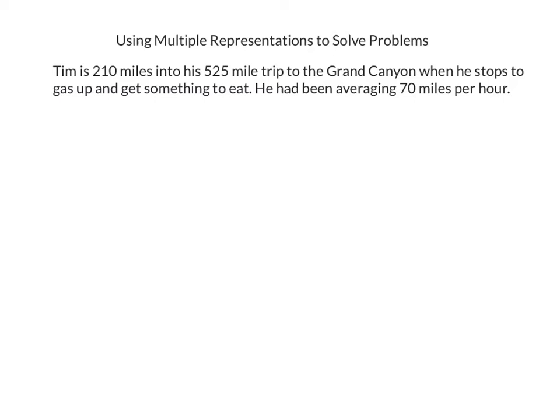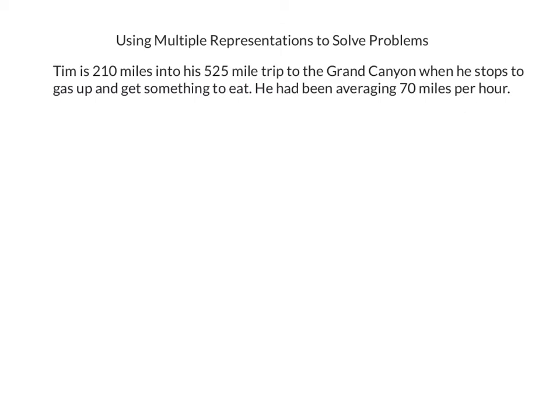So when I see this story, it says Tim is 210 miles into his 525-mile trip to the Grand Canyon when he stops to gas up and get something to eat. He had been averaging 70 miles per hour. So the first thing I look for is a unit rate. And that unit rate, can you find it? It's right here. You look for the per. The per, the each, the every,